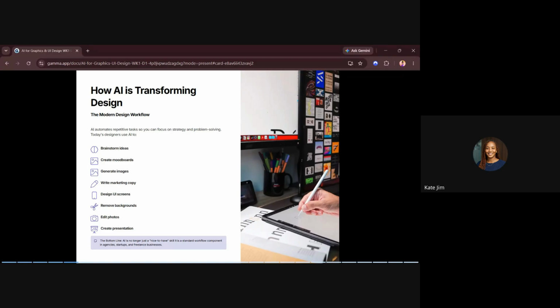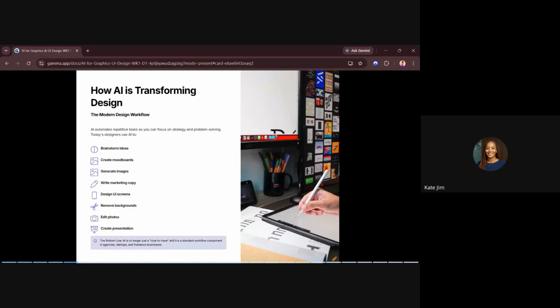You can just command AI to take responsibility of that part. You give it a prompt, tell it what to do, and then it handles the rest for you. You see, you are not allowing it to do the thinking for you. You're only asking it to assist you. And while it's assisting you, you can now focus on things like the strategy and problem solving parts